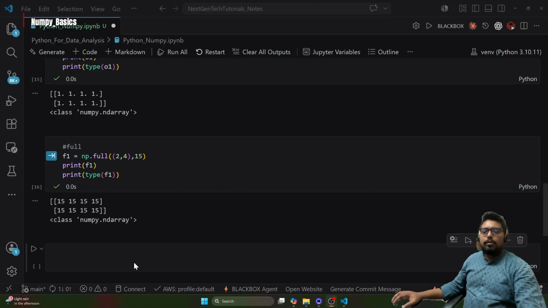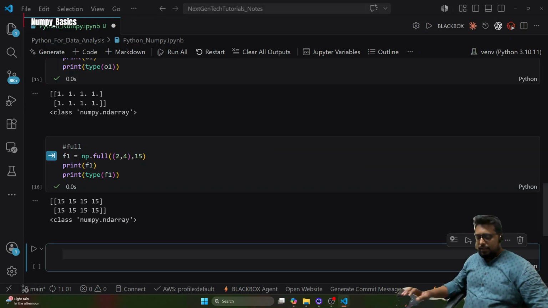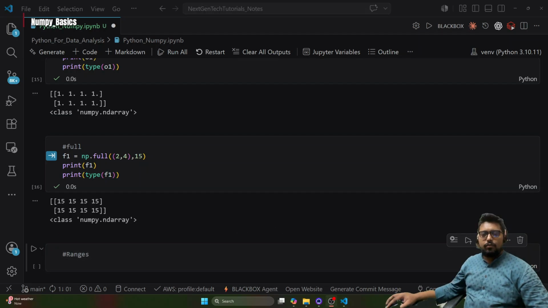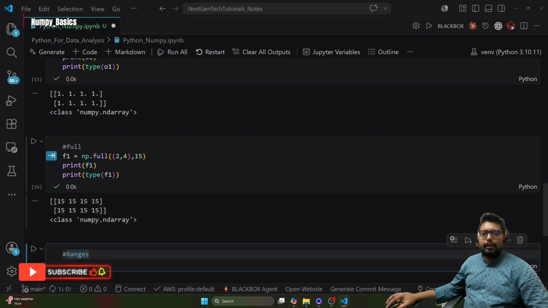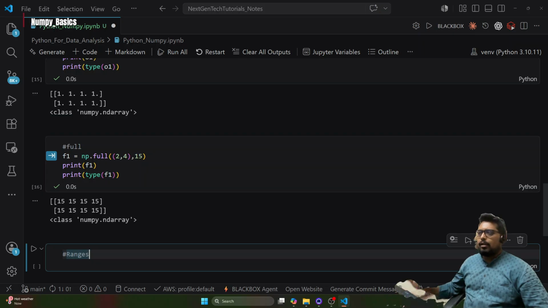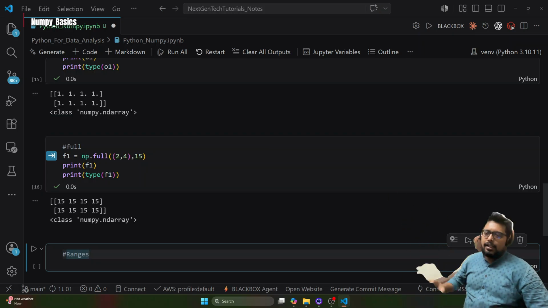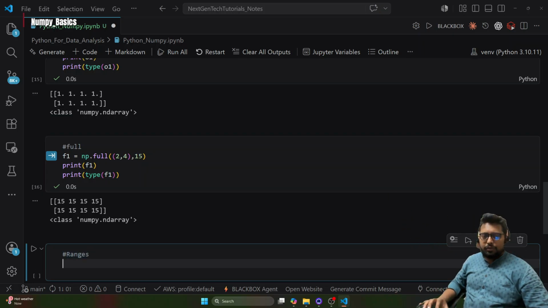Now let's talk about ranges in numpy array. Okay, so what do you mean by ranges? What do you mean by range? Range is simply a particular start and end point of, let's say, a group of elements within which all the residents stay, right? So now if we do this, let's say